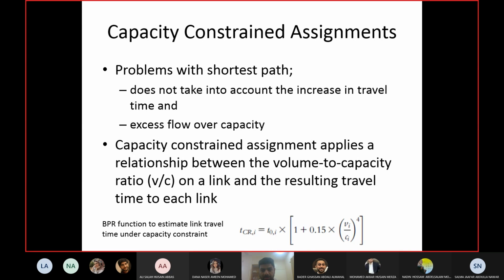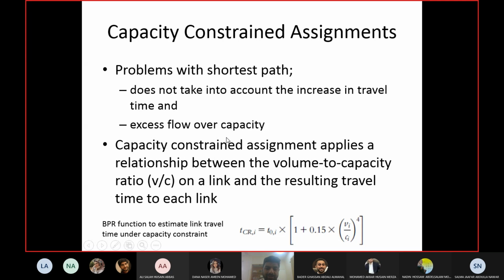So after 200 people, the travel time changed. For the remaining 50 people who are coming after that, this is no longer the shortest path, because that path now has increased travel time. We did not take this into account. You just said, okay, this is the initial travel time, whoever is coming will go onto this link, and so on. You do not consider that.